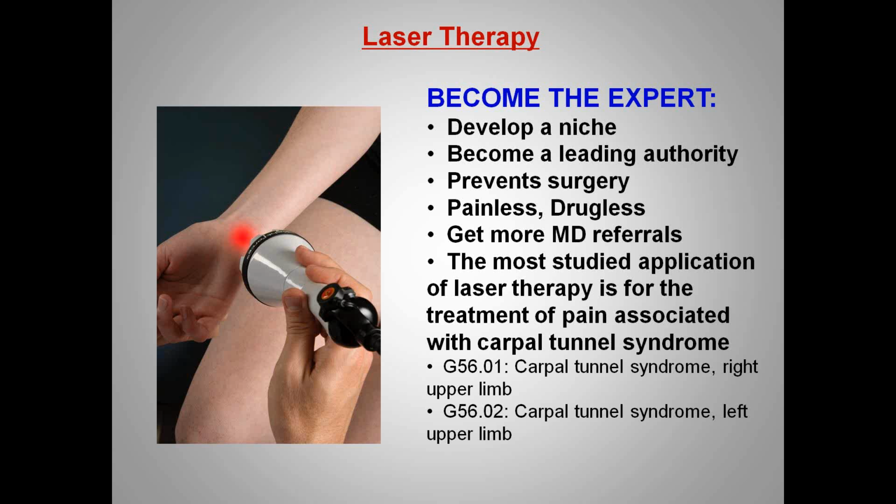So the ICD-10 codes, I just thought I'd throw in a few here. The ICD-10 code for carpal tunnel syndrome on the right side is G56.01. Carpal tunnel syndrome on the left side is G56.02. So you will see, once we get closer to ICD-10, they've become very specific. The amount of diagnosis codes has increased almost 5 times the amount we have for ICD-9.